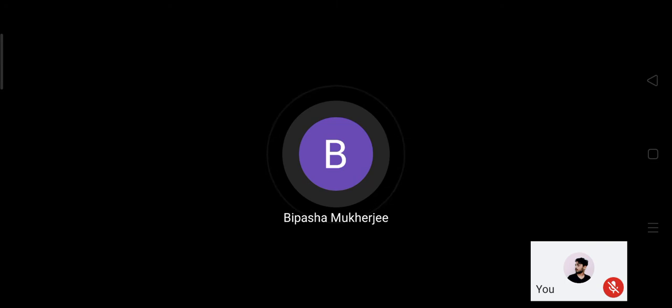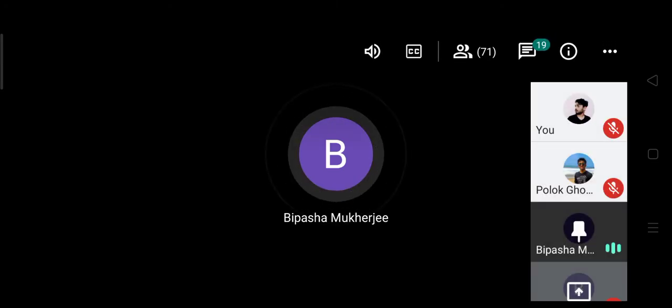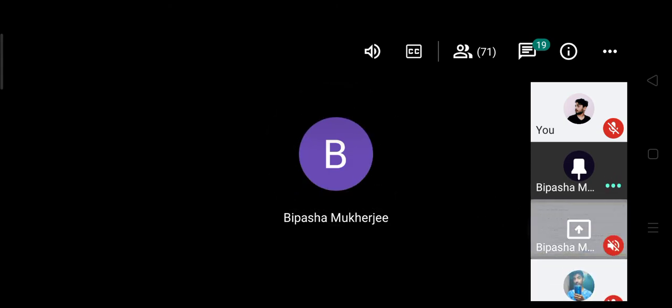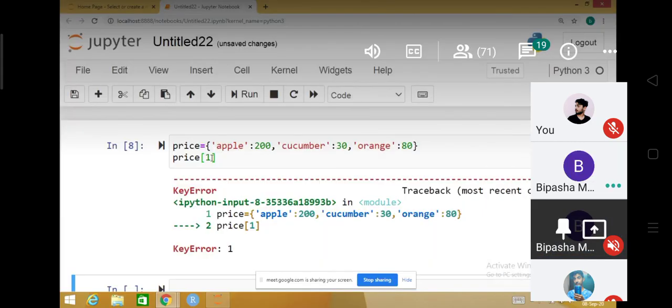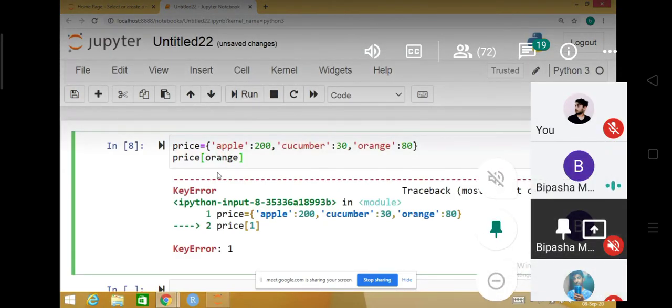It's not there. So if I directly give the 1, it's not supposed to give anything. That means indexing does not work there. Or where is the problem? Or what should I give? Should I give this thing?